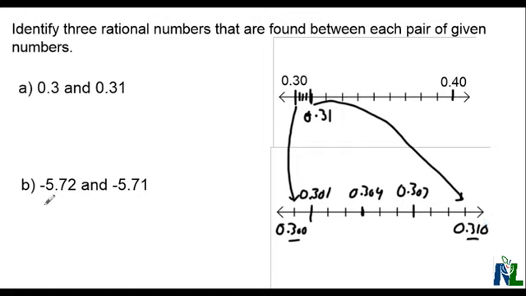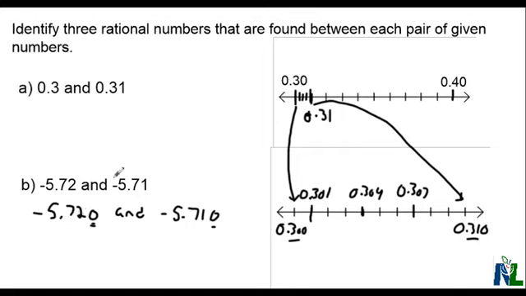Let's try it out with example B, where we have negative numbers. So I'm going to start by adding just one zero, and I'll see if I can work it out that way. Negative 5.720, so this has been added on there, and negative 5.710. So now it's a little bit easier to see a decimal number that can fit in between these two,